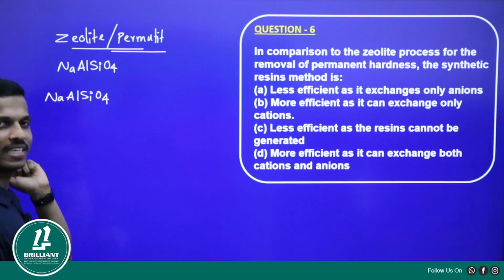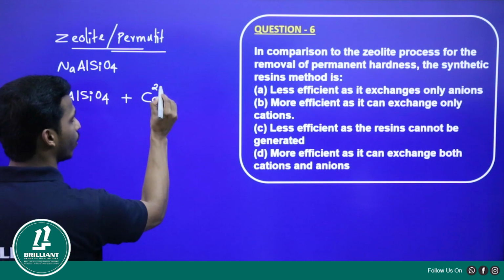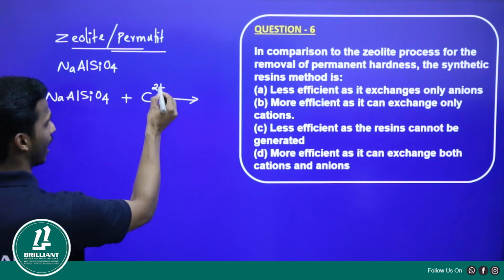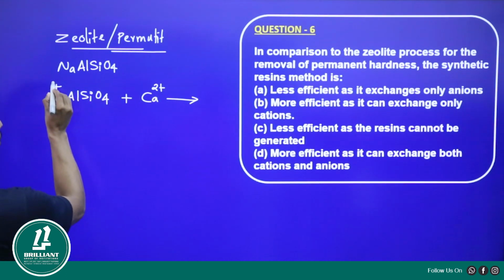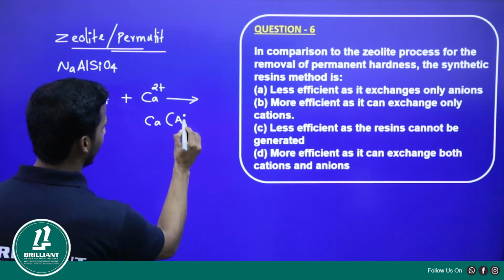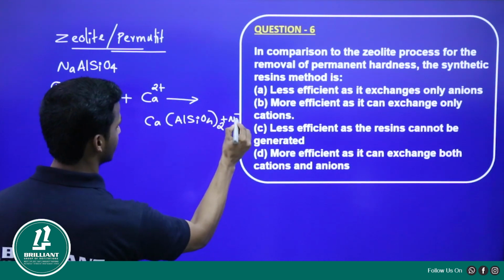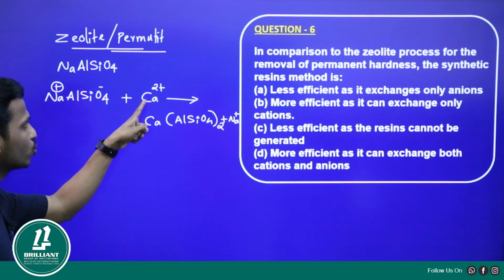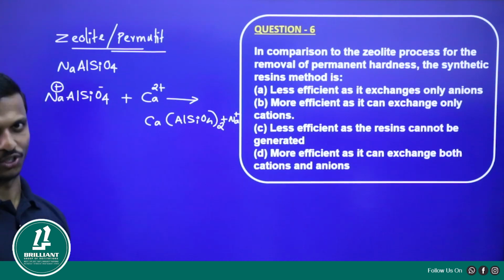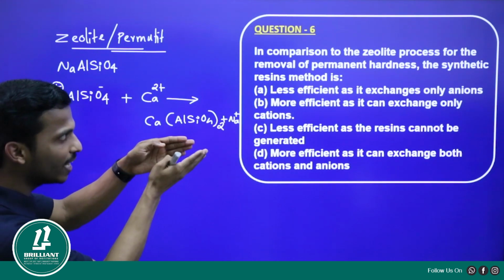NaAlSiO4, sodium aluminium silicate, which is zeolite, is treated with calcium ion. From where do you get this calcium ion? From hard water. When it reacts, you get Ca2+, and here you have the ions Na+ and AlSiO4−. So you will get CaAlSiO4 twice plus Na+. And here the Ca2+ ion displaces this Na+ ion, right? So the cation is exchanged. Now, coming to the synthetic resin method, because we are comparing the zeolite method and the synthetic